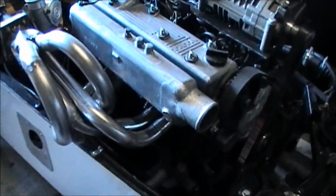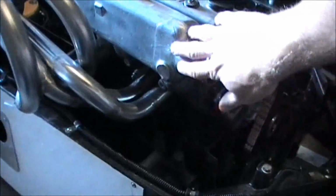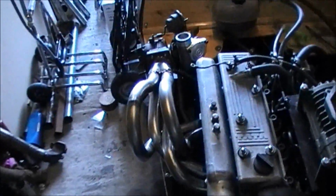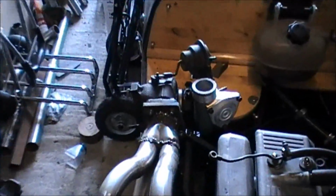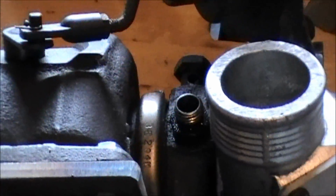To sort out the studs on the intake and the exhaust manifold, that's pretty straightforward. I need to grind a few welds off, but that's not hard. And then the only other thing is the turbo's oil feed,